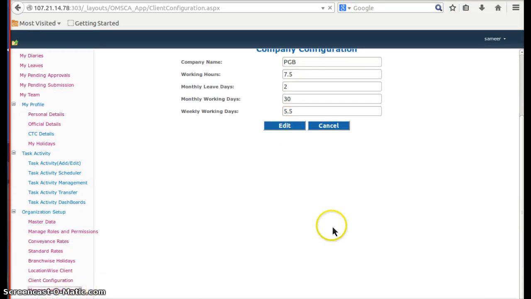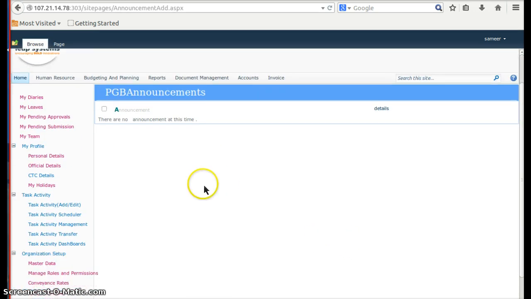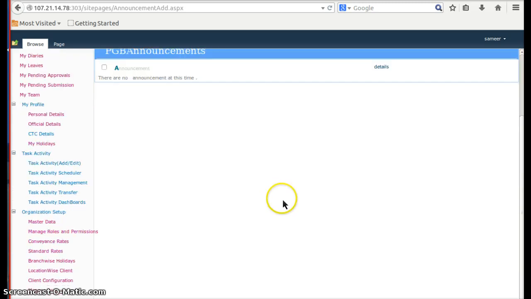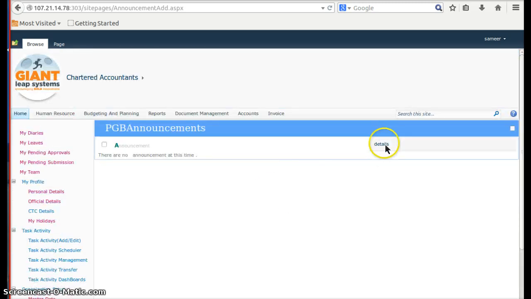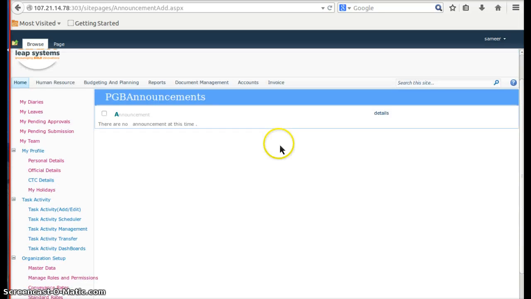And then finally you can set your announcements over here. This is something which might be used on a regular basis. Whenever you have some important announcement to make in your company, you can just go to manage announcements and punch in the announcement that